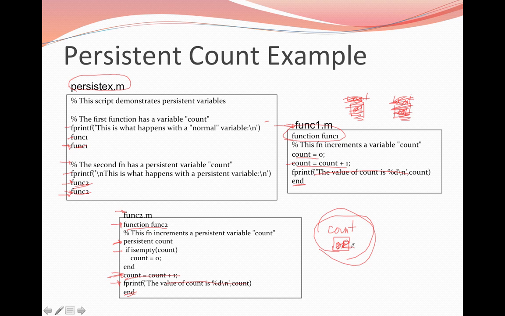It's kind of hard to see this, but we have a 2. I'll write it over here on the side. We have a 2 in that location. So we're back in the script. That's the end of the script. So that would take us back to the command window, and we still have this location, and count is still